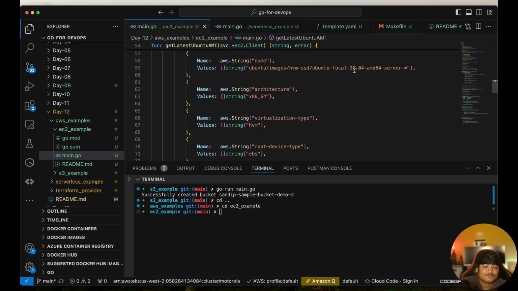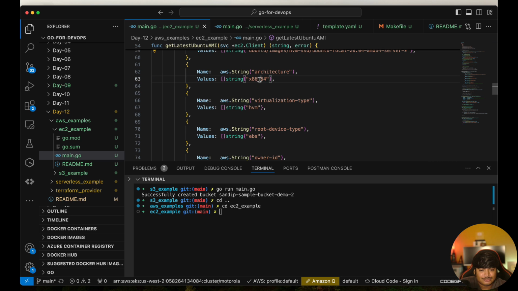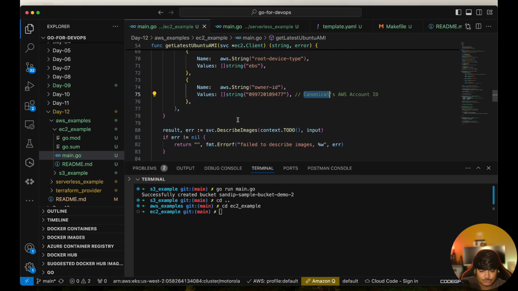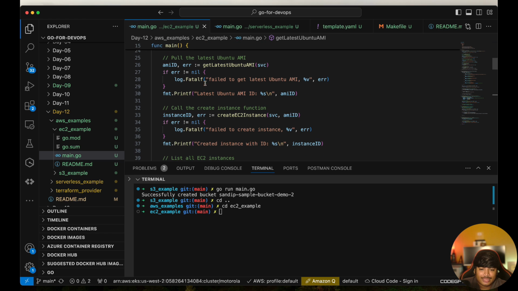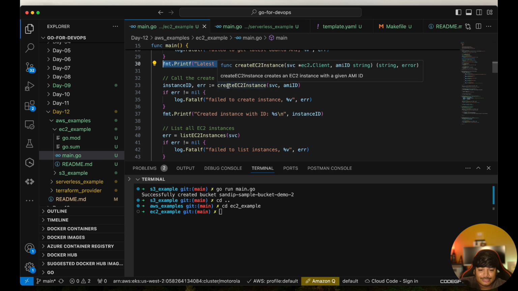For example, I want Ubuntu 20.04 and that is AMD server, and architecture is x86_64, and of course root volume that should be EBS, and owner is the Canonical AWS official account. Okay, now what you are doing here, we are getting the ID, and if there is any error, of course it will print the error. Otherwise it will just print the particular AMI ID, and then we'll create